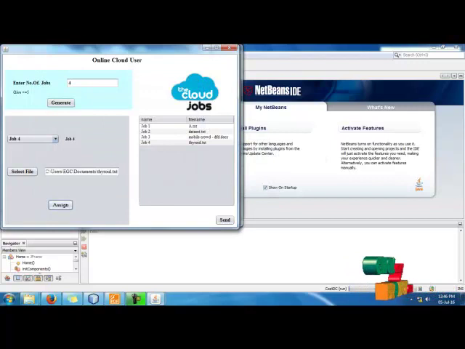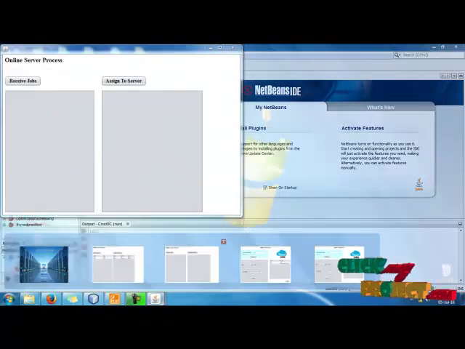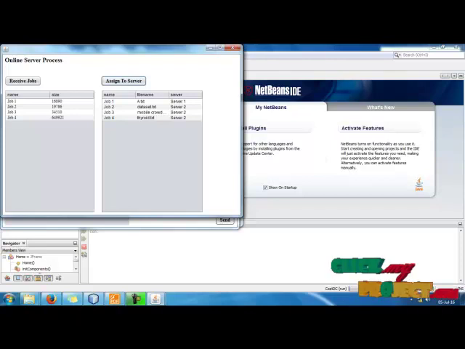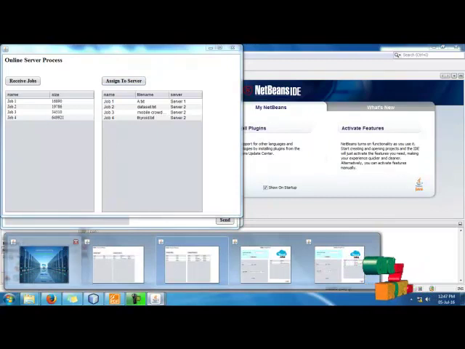Now we have assigned files for the 4 jobs and send them to the online processor. It receives the 4 jobs and assigns them to the servers. Job 1 goes to server 1, and jobs 2, 3 and 4 go to server 2. Because it's a large server, it will handle 3 or 4 or 5 jobs within the period of time. So then finally we get the report.